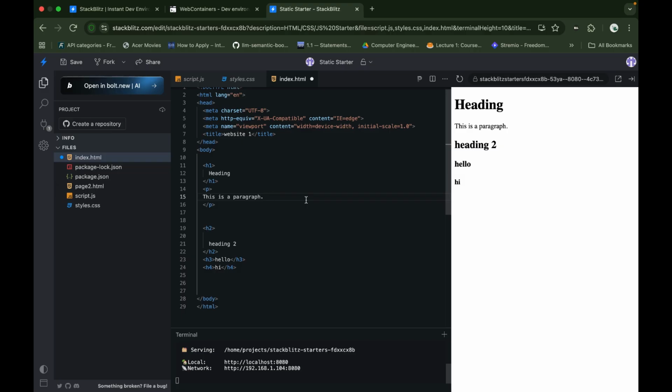One is inline and the other is block. Now you don't need to overcomplicate this. You will understand these things over time. But basically, an inline element only takes the amount of space it requires. Like, let's say I want to make a button. There's a tag for button, just button, and